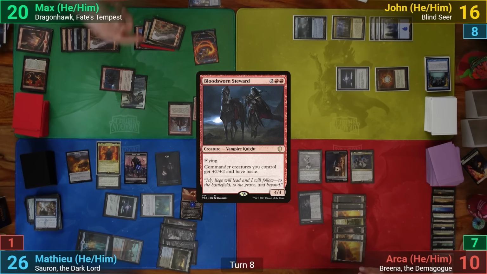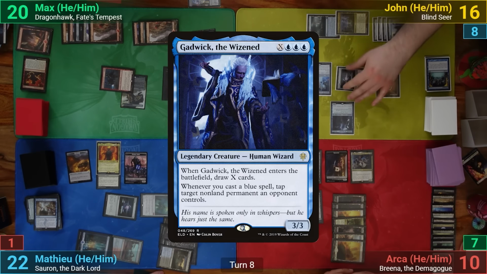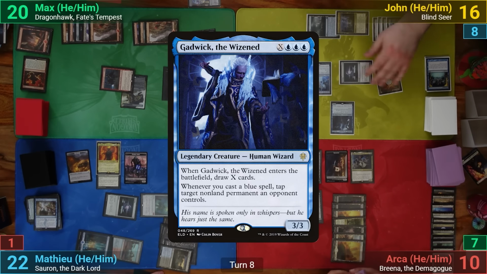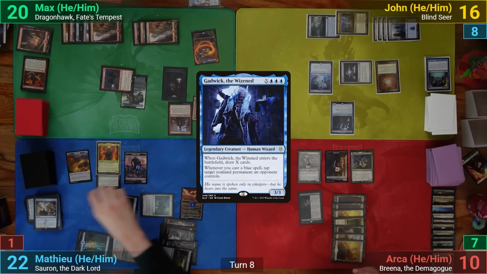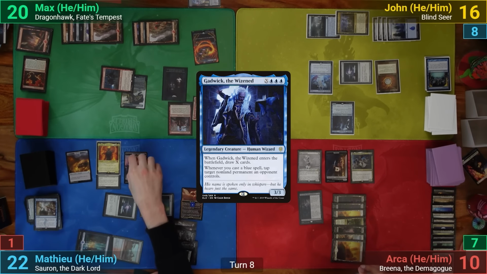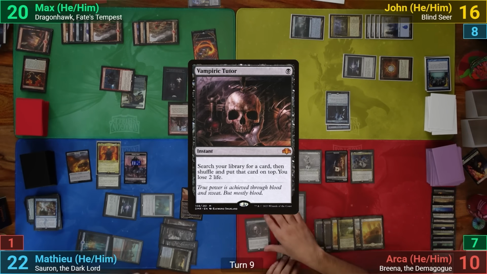He then passes, drawing during his end step. John draws, plays an Island, and recasts Robe of the Archmagi. He then recasts Gadwick, putting 2 into the X, drawing 2 cards, and once he's out, re-equips the robes onto him, and passes. Arja casts Vampiric Tutor in his upkeep, losing 2 to put a card on top, and then